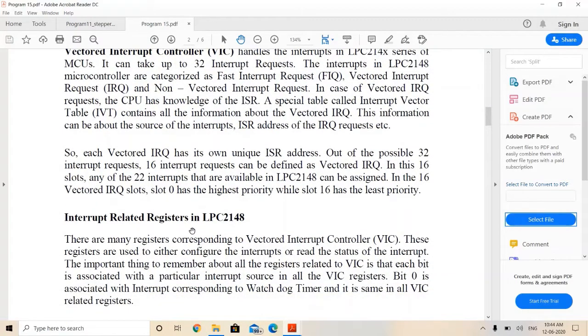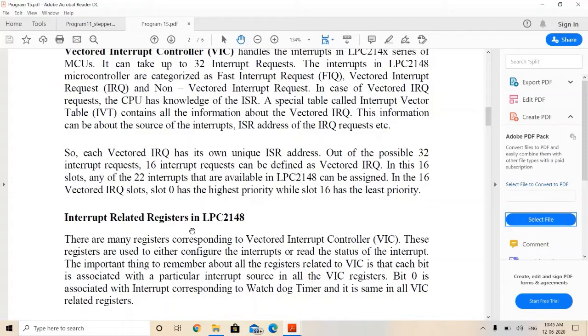For each and every vectored interrupt request, there is a unique interrupt service routine address. Out of 32 interrupt requests, 16 are vectored interrupt requests. For these 16 vectored interrupt requests, 16 slots are allocated, and any of the 22 interrupts available in this LPC2148 microcontroller can be assigned to these 16 slots.